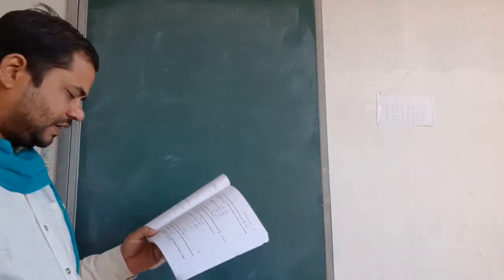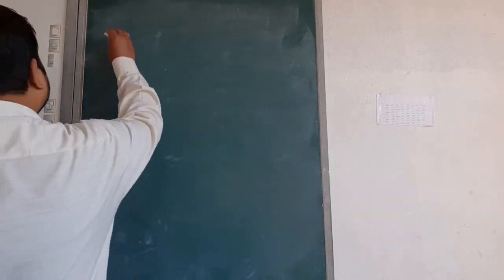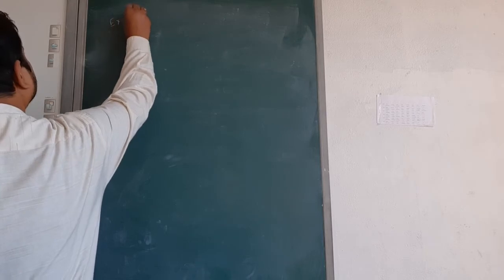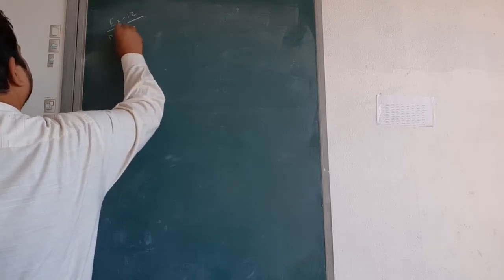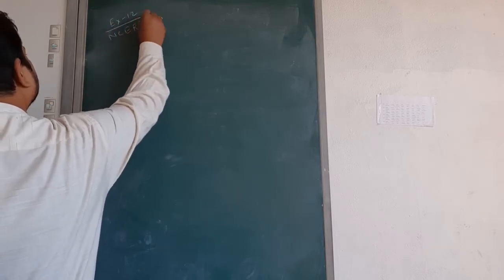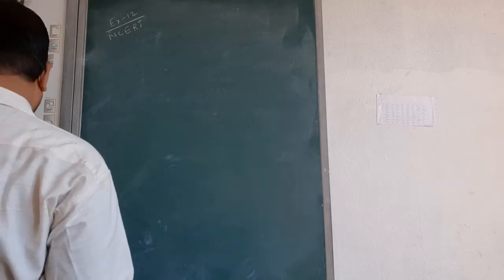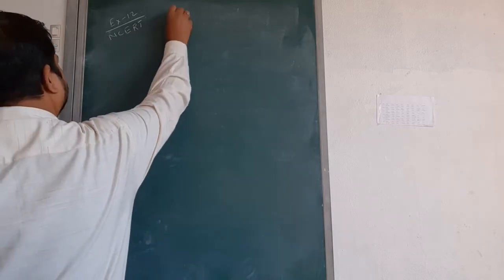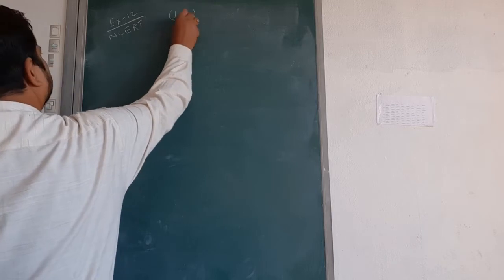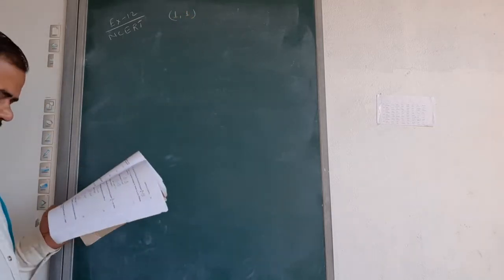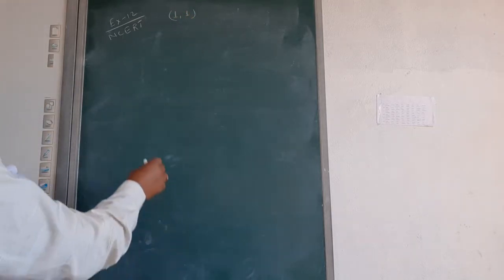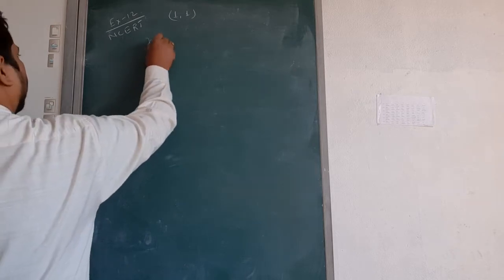Next question, example number 12 from your book, NCERT. Find the equation of the curve passing through the point (1, 1), whose differential equation is x dy